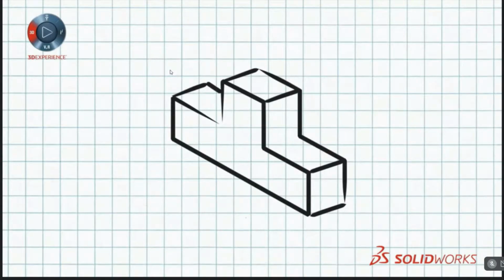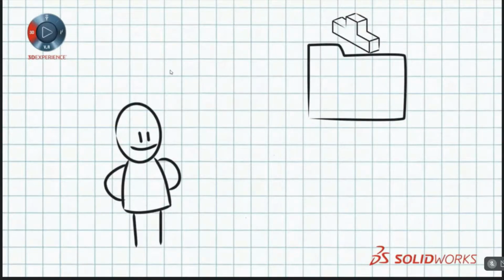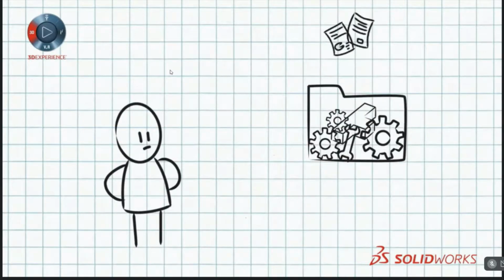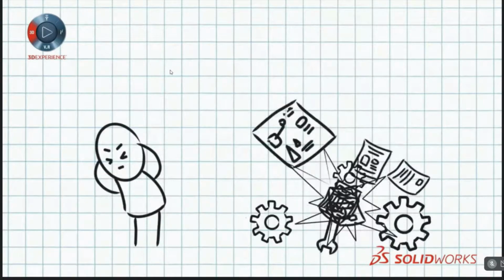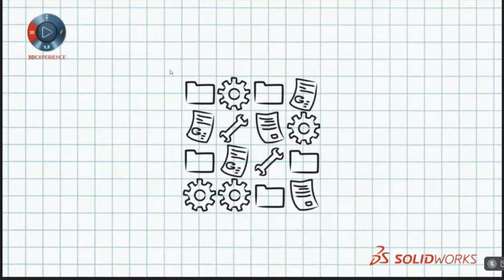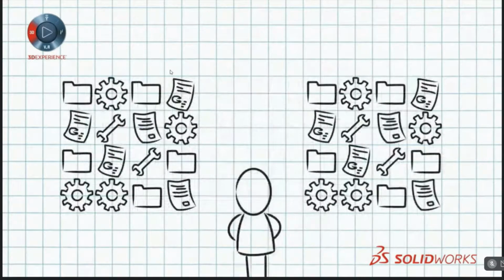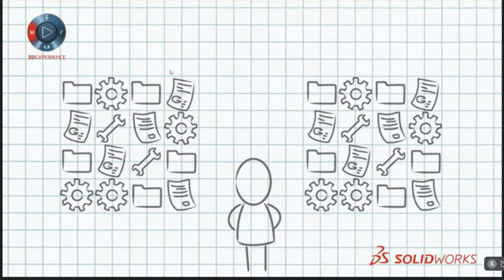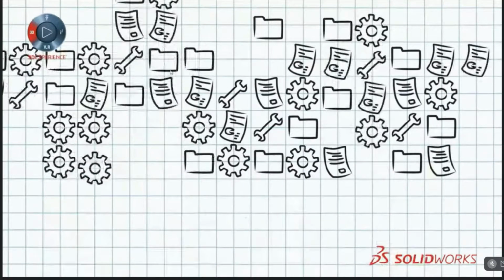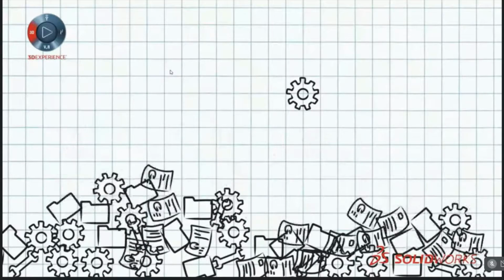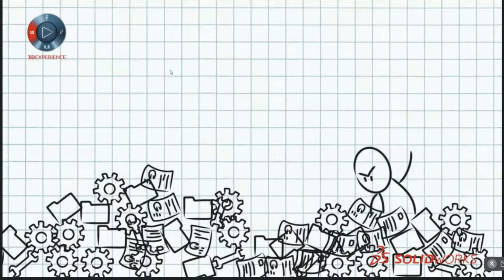The benefits of 3D design are well proven. But with the many interrelated parts, assemblies, drawings, and supporting documentation, one major pitfall is the explosion of data. To manage changes, many designers will copy entire projects, creating redundant data and confusion. The more changes and the larger your design team, the greater the chaos. You wind up wasting critical time searching for files that are misplaced, overwritten, or even deleted. So, what can you do to make it better?